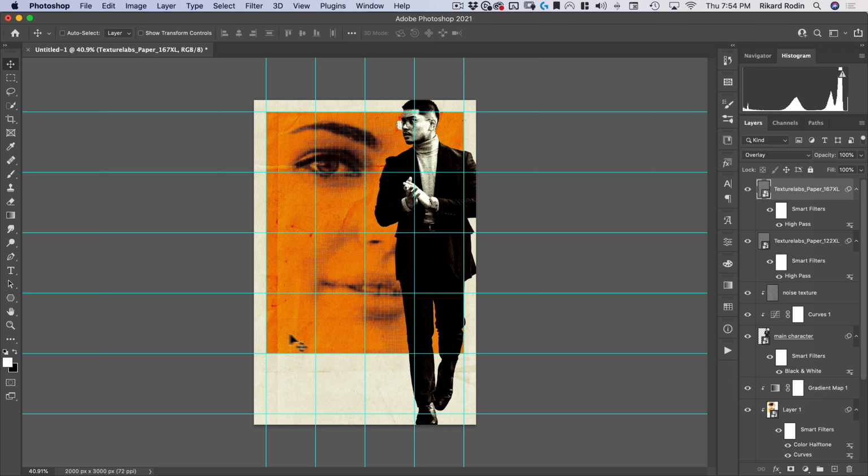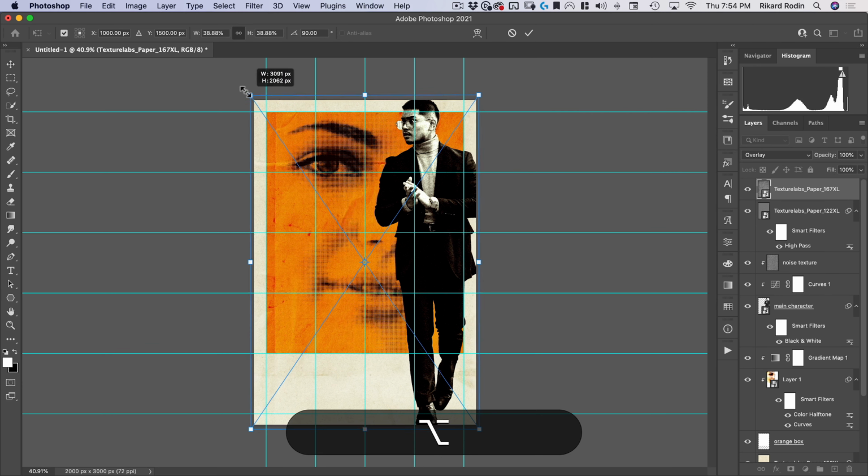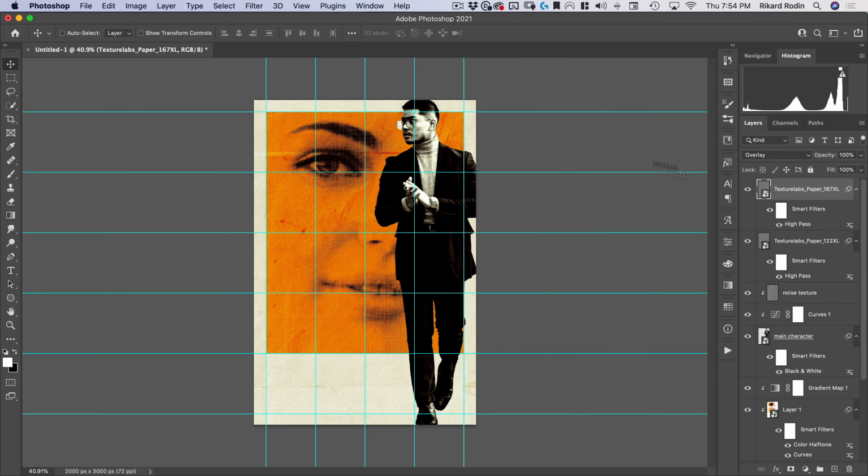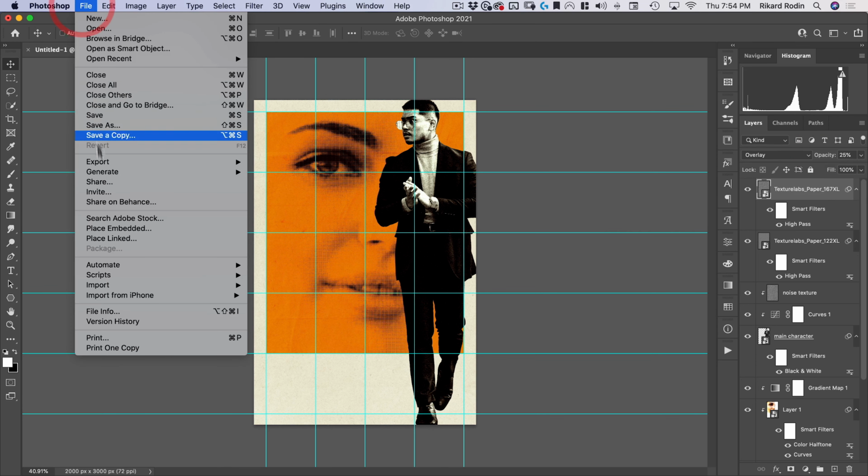I don't like this line there. So what I'm going to do is I'm just going to make it bigger so that that line lines up with my guide there. Hit OK, and then put this on 50% as well. Maybe even less, maybe 25% for this one. Okay, and then the last one